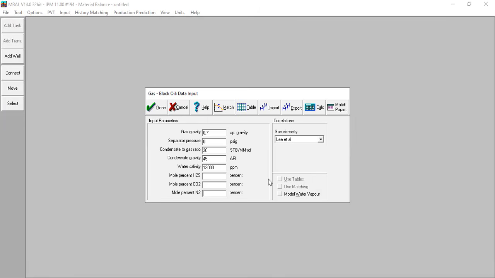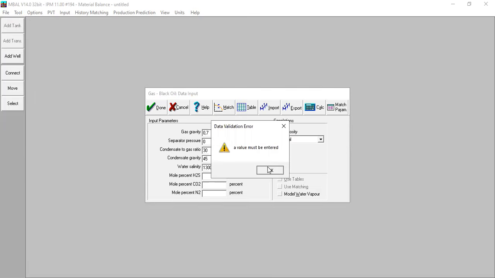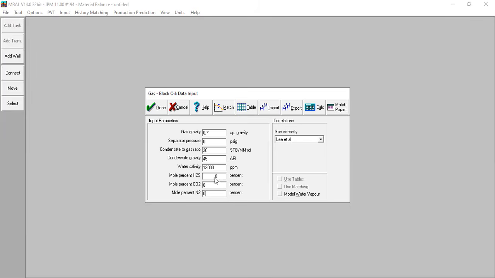All right. And then for the correlation, first, we can select Lee et al. correlation. All right. Now, from here, we will go to the table, where we input 0, yeah? No H2S, no CO2, no nitrogen.